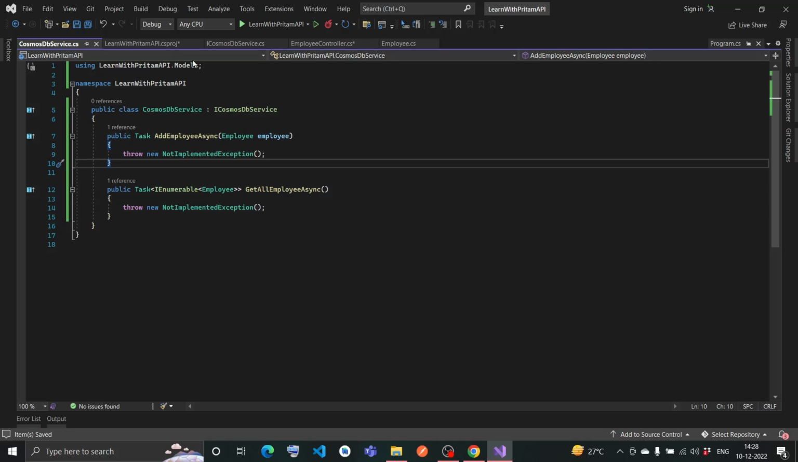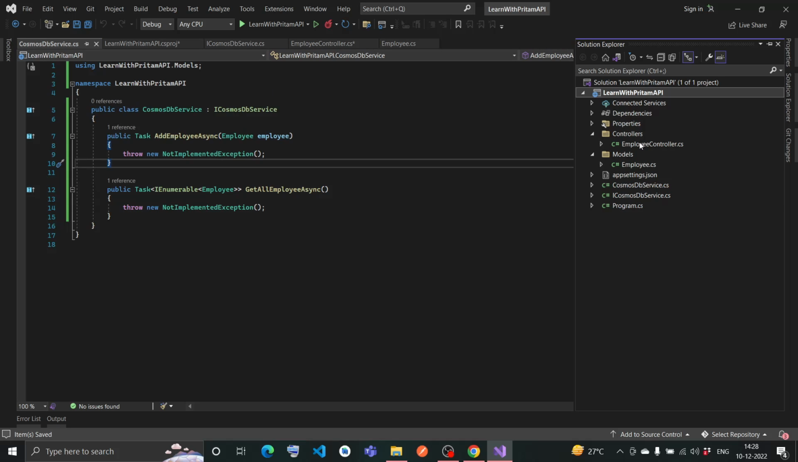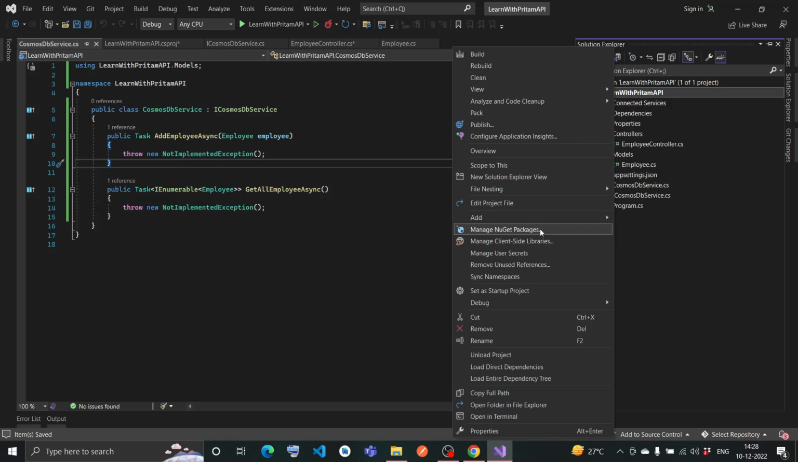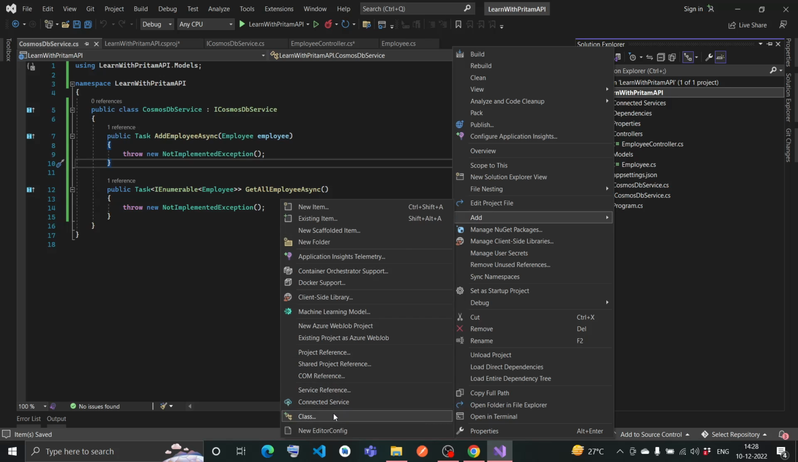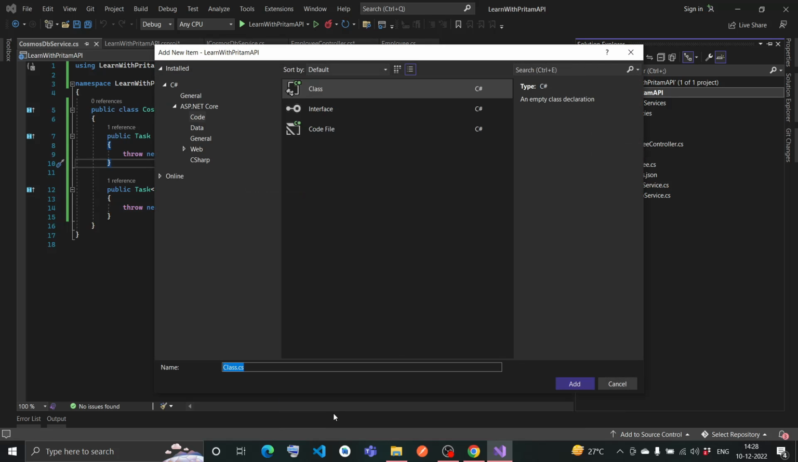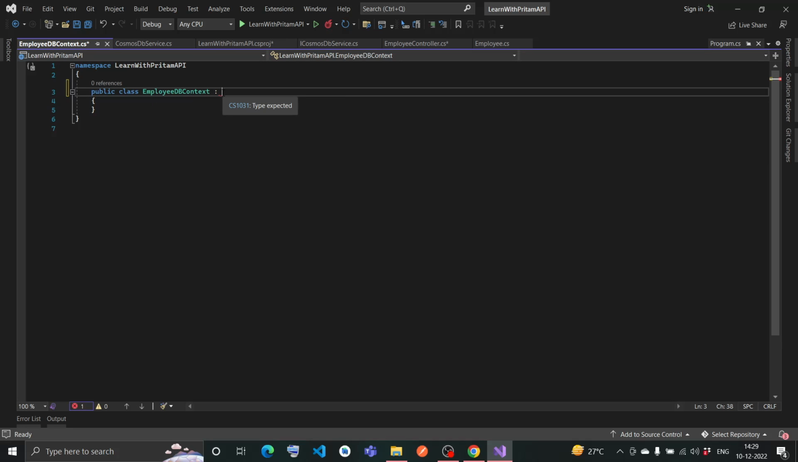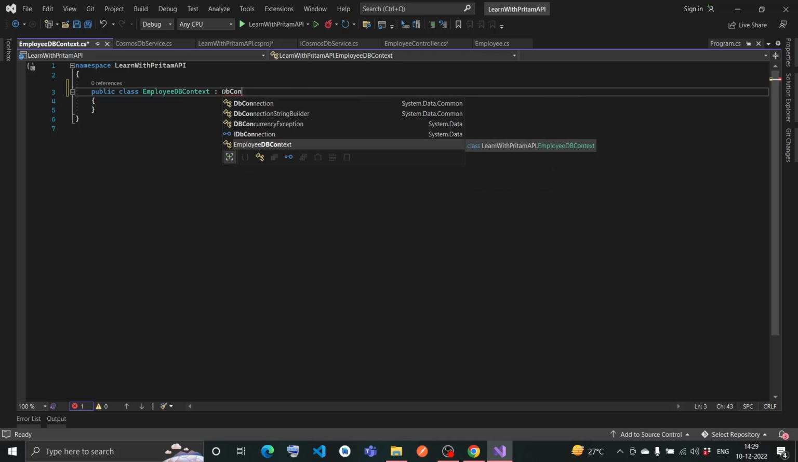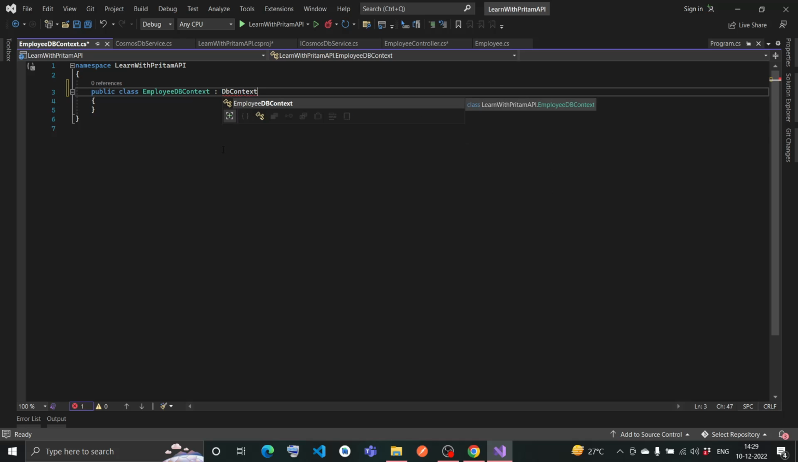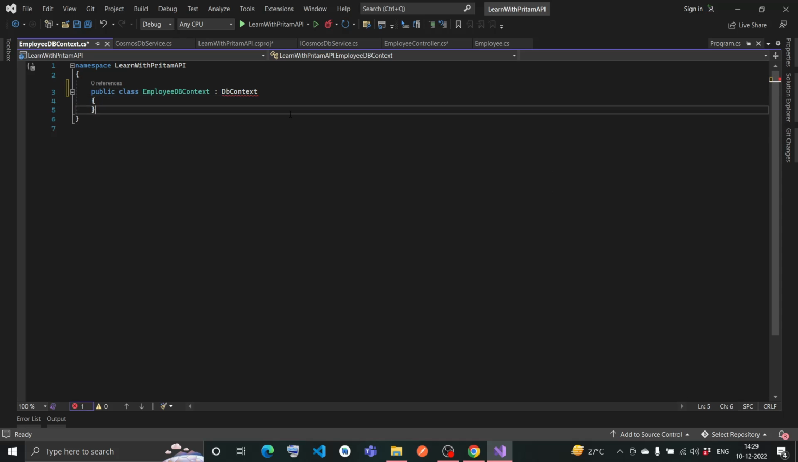Now let me do one thing. Let me go and create our DbContext file. So I'll go and add one class and give the name as EmployeeDbContext. Okay, and add it. So inside EmployeeDbContext, I want to make EmployeeDbContext a child of DbContext. Yeah, it is showing me an error because I need to add one